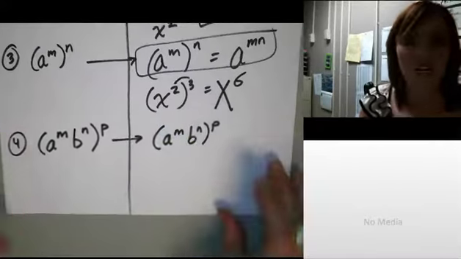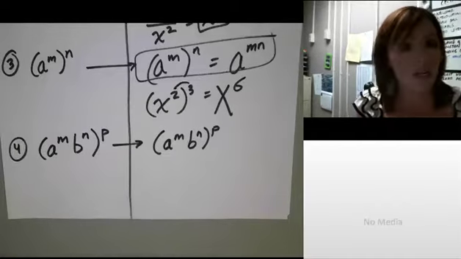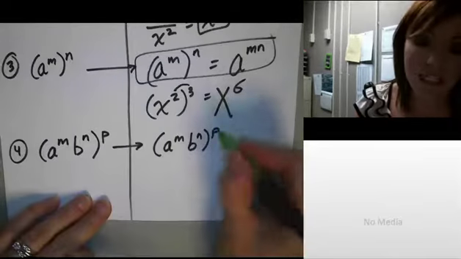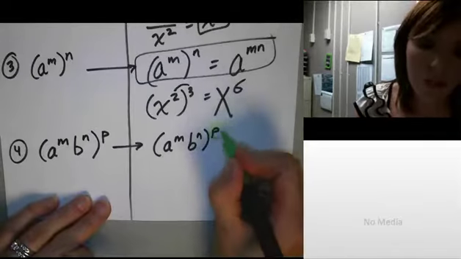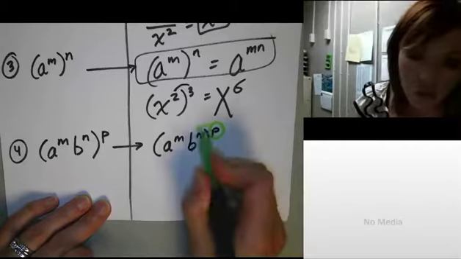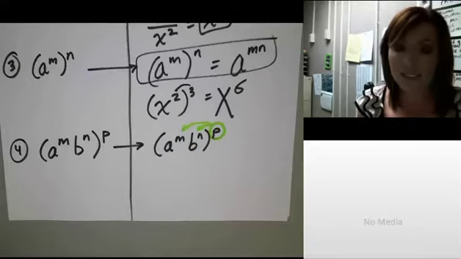Okay, so this one is actually really similar to the last one. The only difference is now we have two separate terms inside of the parentheses. So what we're going to do is take this exponent and distribute it to each of the terms inside. Okay, so we end up with